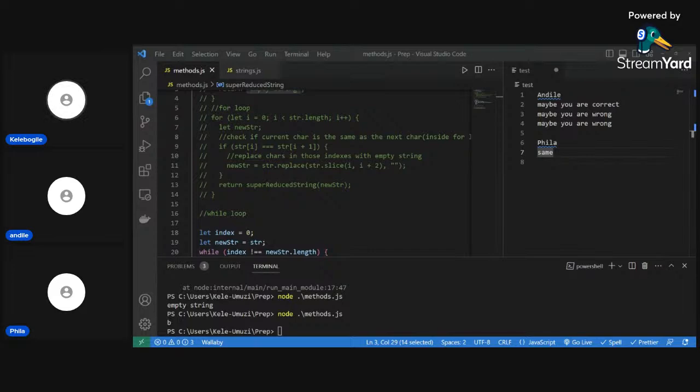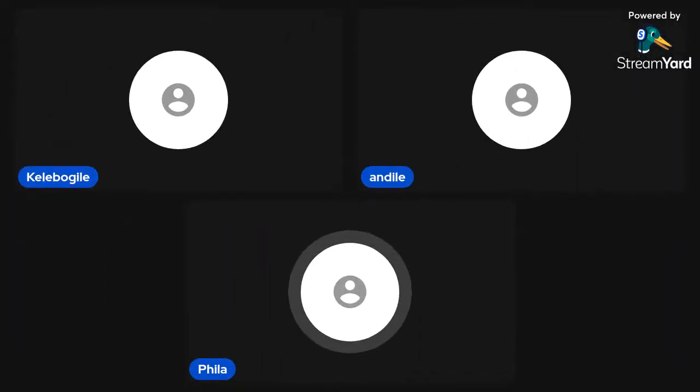Because I'm still trying to understand recursion fully. I understand it, but I still need to go deeper. So if you guys get a solution with recursion, please recursion me. Okay, I will. Okay, sure, Kile. Okay, who